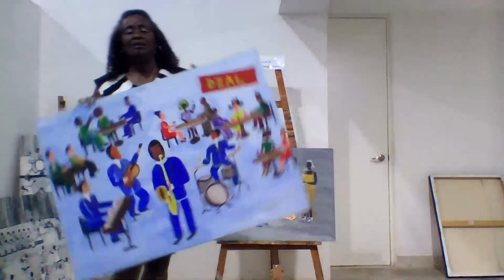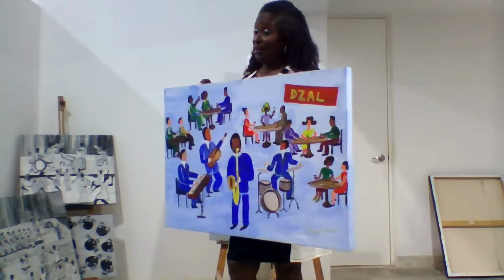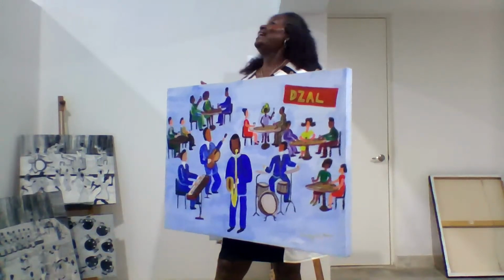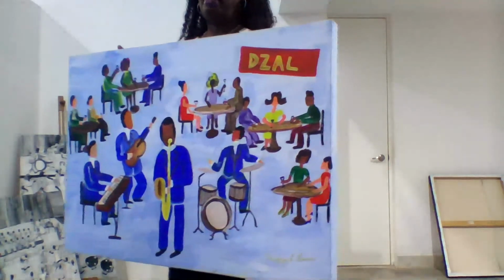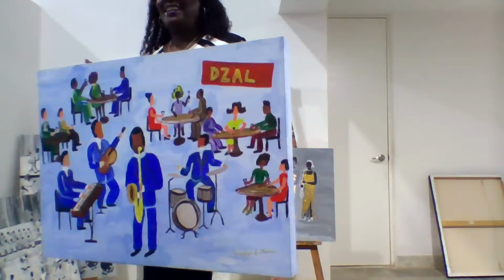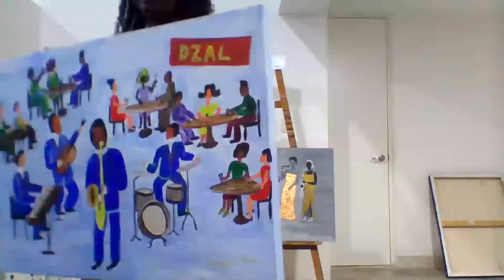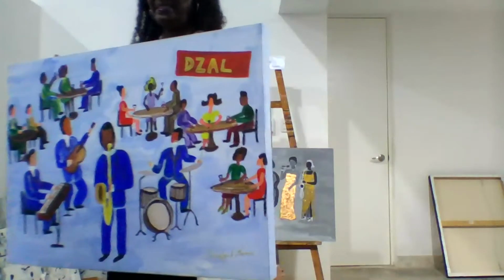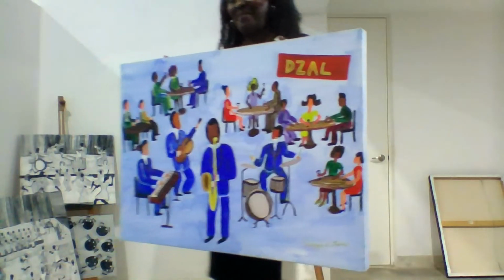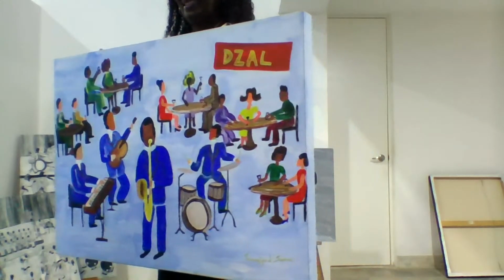Here is another beautiful, colorful piece in a jazz bar. This jazz bar is actually called the Zalbai Cantina. And every night there are jazz musicians in the Zalbai. So here, I attended one night, took lots of photographs, and came up with this figurative version of patrons and band. Here we see the musicians and the patrons enjoying the music, having fun. So acrylic on canvas, and you can find this on my website,